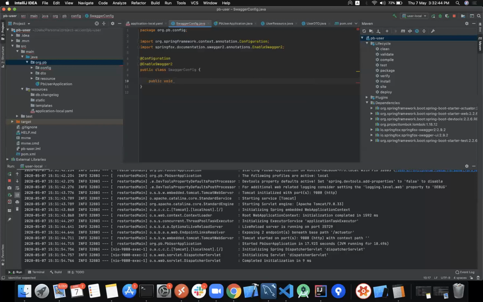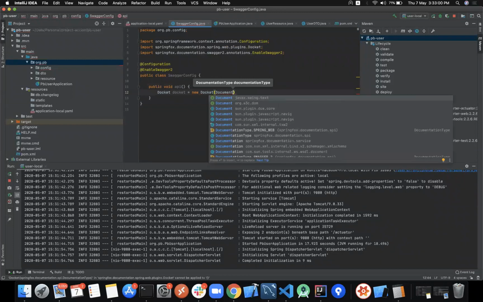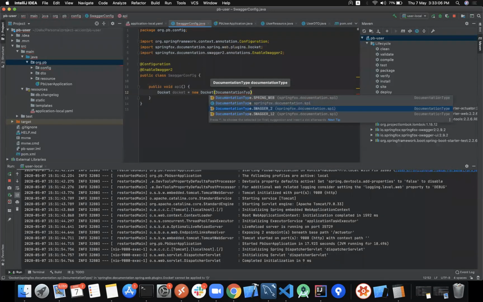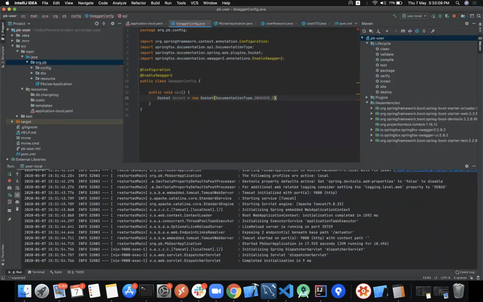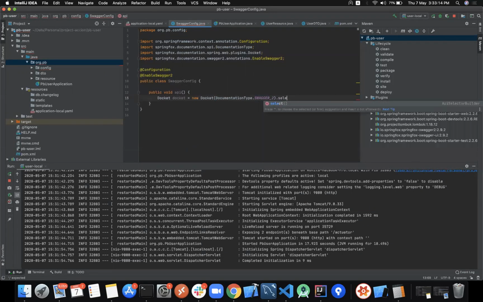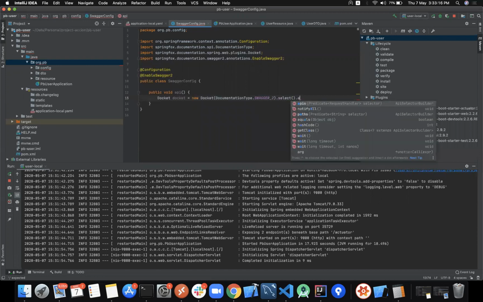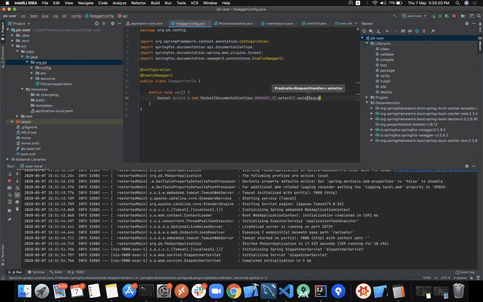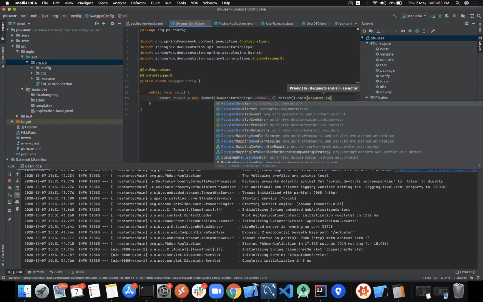So I have the Docket equals new Docket, which takes the documentation type as Swagger 2, dot select, dot apis, RequestHandlerSelectors,